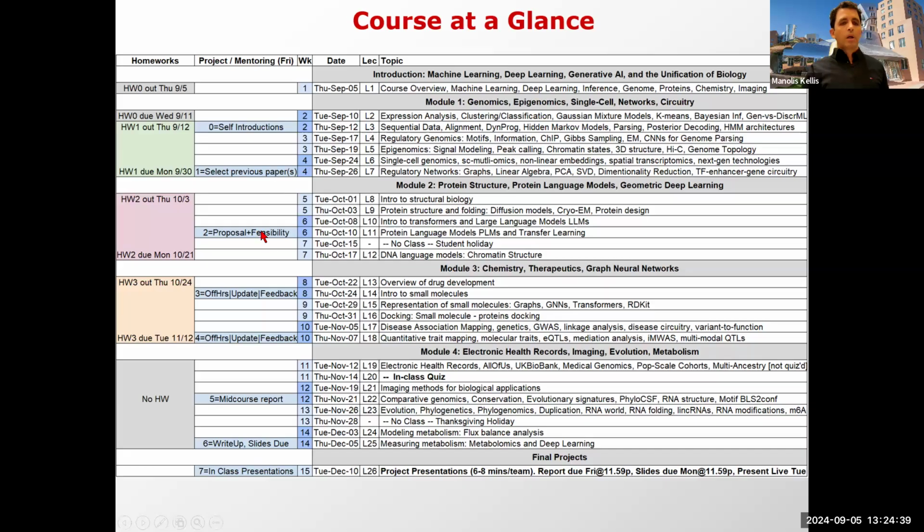Third milestone, or actually that's 0, that's first, that's second. The second milestone is project feasibility and proposal. What does that mean? That means that you can actually download the data from the paper. We don't want you to arrive here in week 13 and say, oh, it turns out I could only get the first 3 lines of this massive database because the rest is behind a paywall. So feasibility means you have downloaded the code, some data, and all of the tools that you need, and you can reproduce some version of figure 1. Does that make sense? So that's feasibility.